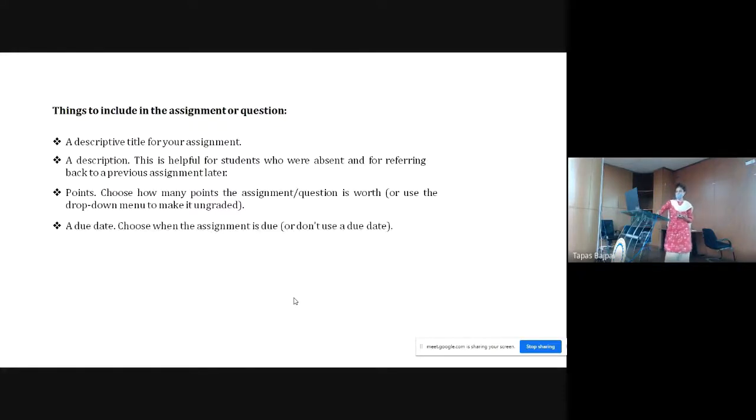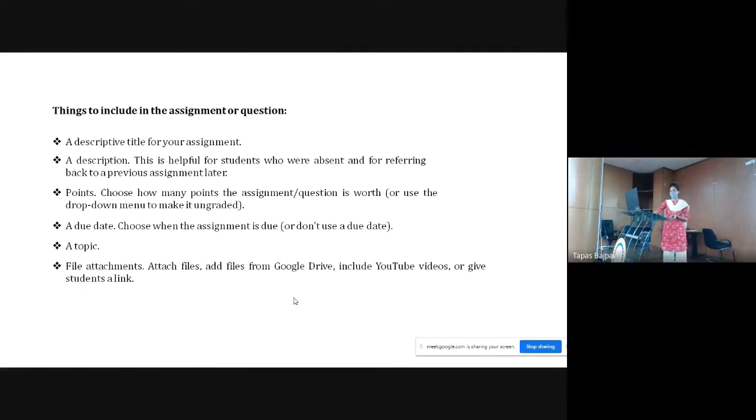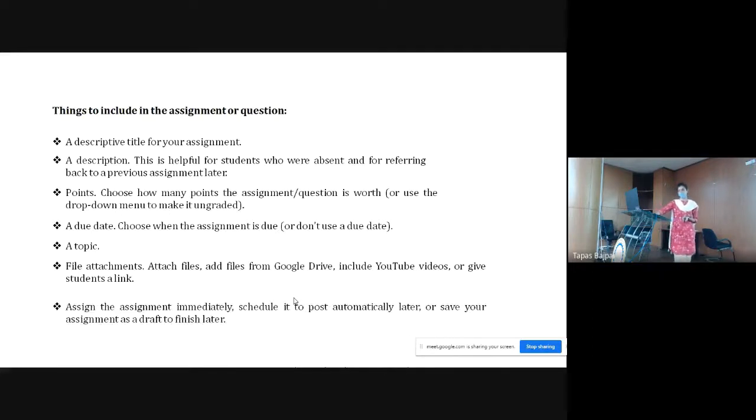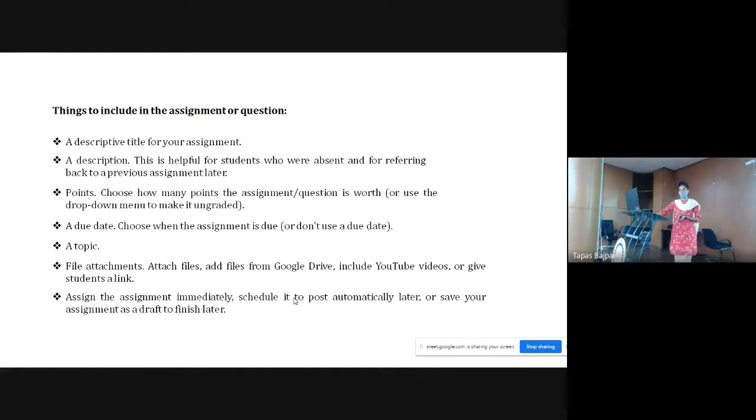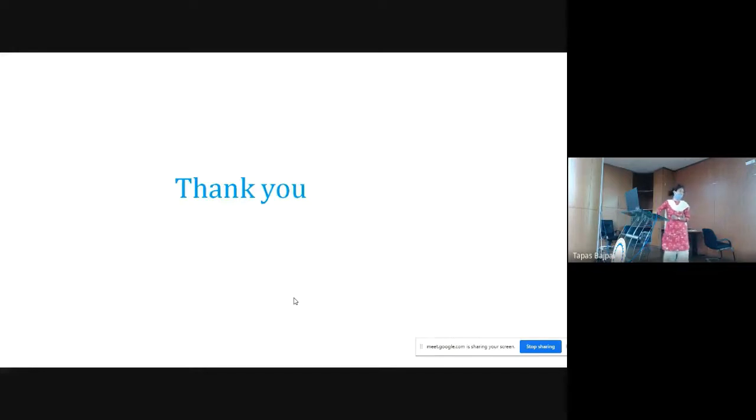That also we can assign, and then we can add a due date, deadline also we can check, and we can add the topic also. We can attach a file like a doc file from Google Drive or from our computer, or we can share a YouTube video, and then we can assign the assignment immediately or schedule it to post automatically later. So that's all.